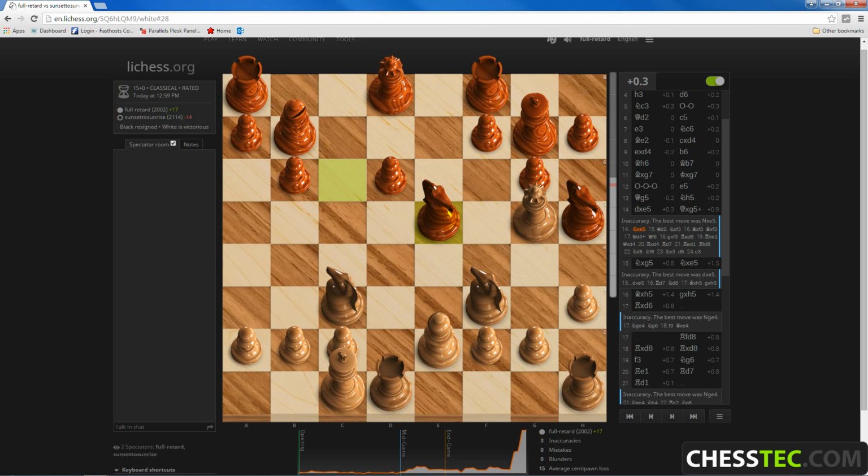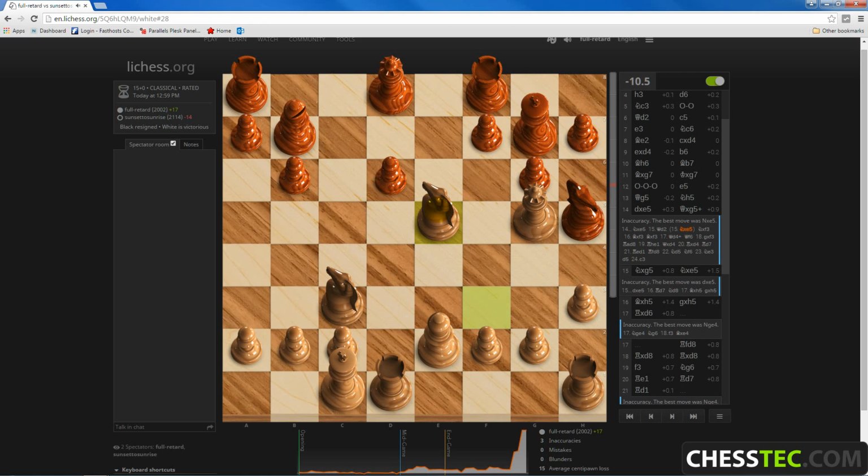Why wouldn't I just chop that off then? Sorry, I can't understand that. I play Knight takes Knight. It must be minus 10. Oh, of course, I lose my queen. I'm talking nonsense. Yeah, so I've got to drop the queen back, and then